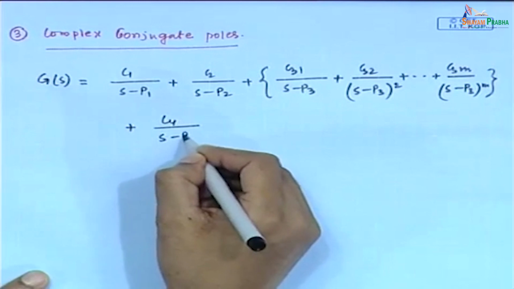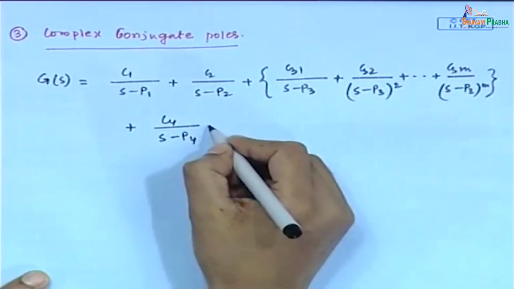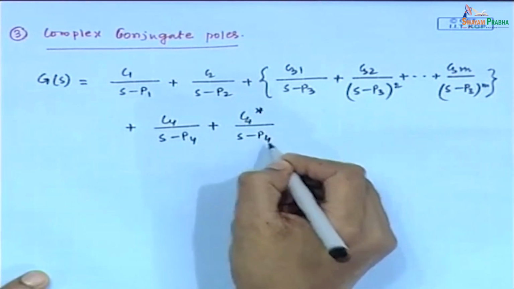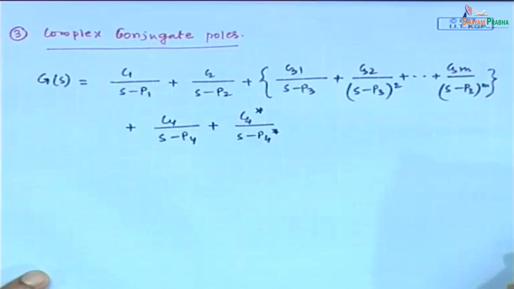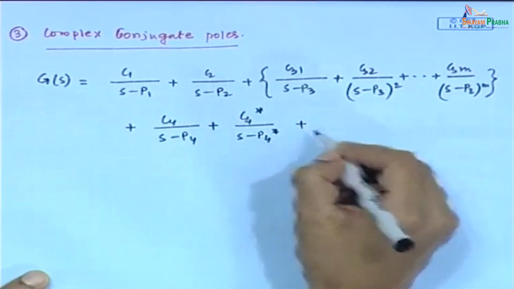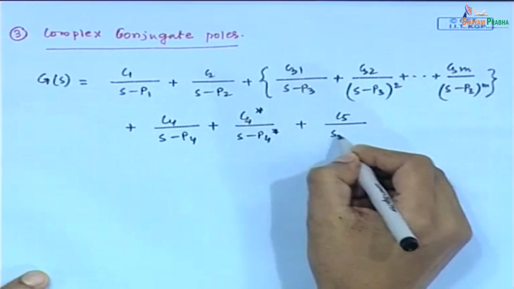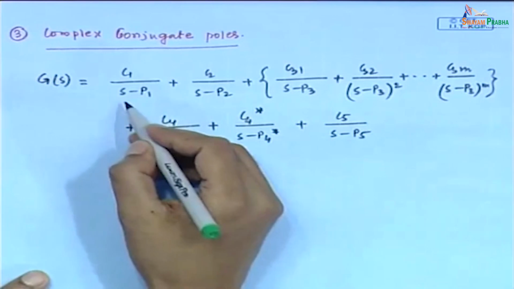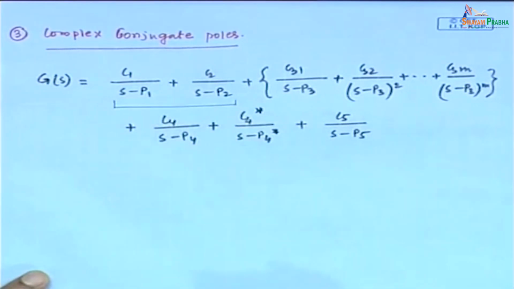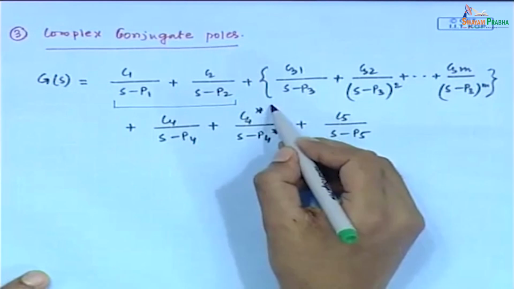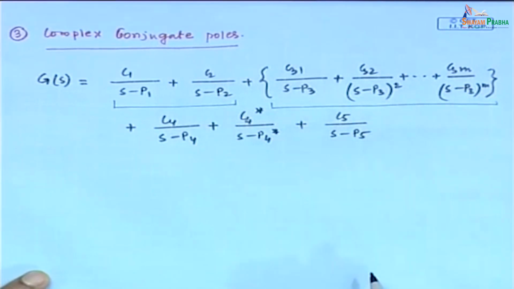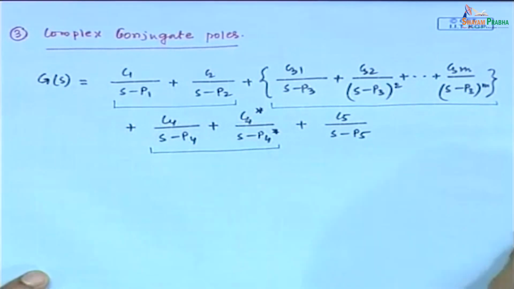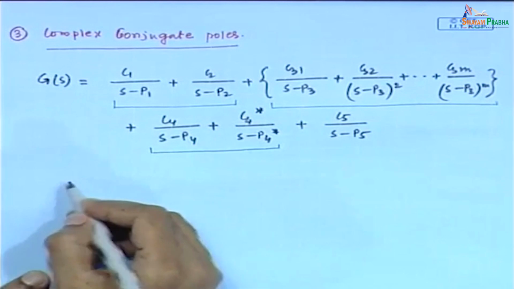So, now we will consider this part C 4 divided by s minus P 4 and C 4 star divided by s minus P 4 star, and in the fourth case we will consider C 5 divided by s minus P 5. This we have already considered for the distinct two real poles. This part we have considered for multiple real poles. Now, we will consider this part, I mean the transfer function